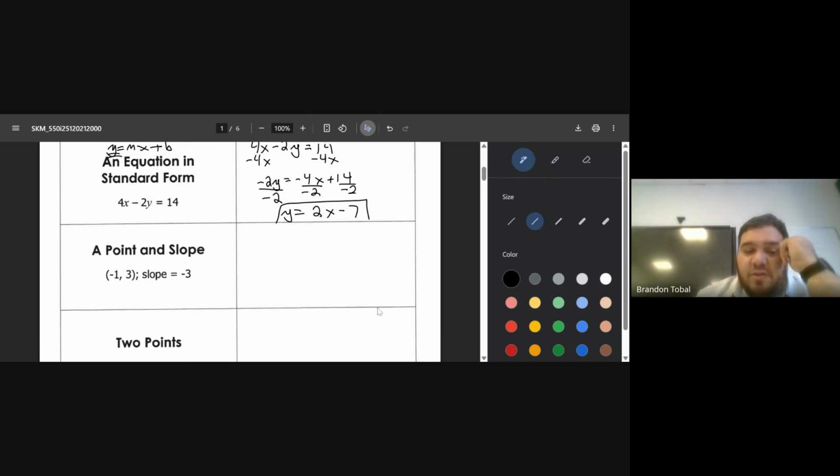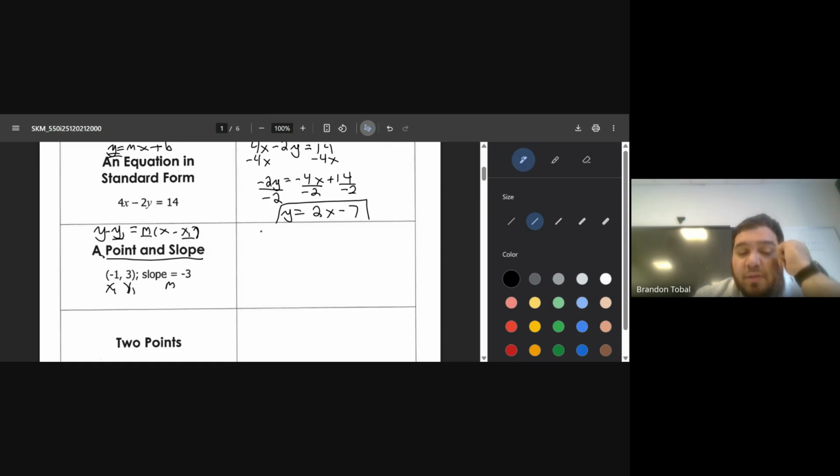Next one, we're in this situation where we have a point and a slope. Since I'm given a point and a slope, I'm kind of forced to use the ugly cousin, which is y minus y1 equals m times x minus x1, or the point-slope form as it's called. In this case, I know this is my first point, x1. This is my second point, y1. And then the other thing, the slope, is my m. The reason I have to use the ugly cousin is because I'm given the y1, the x1, and the m